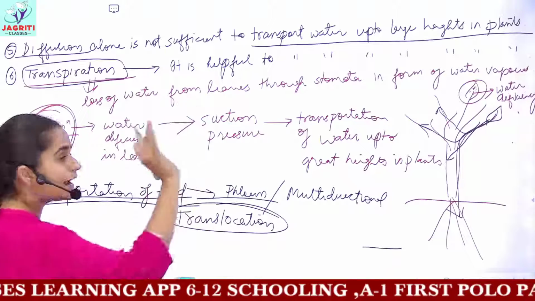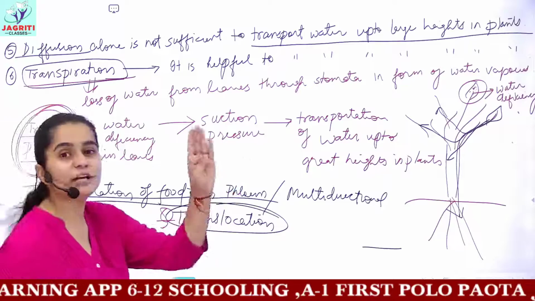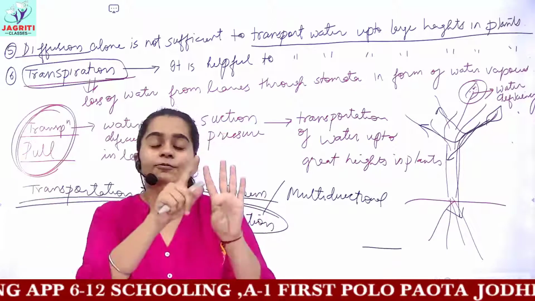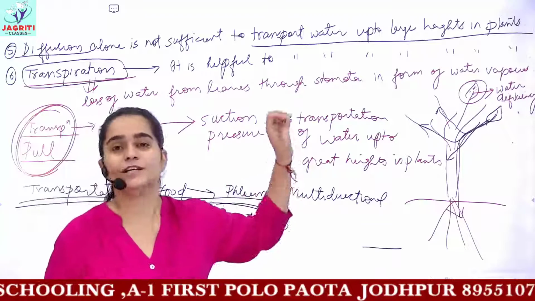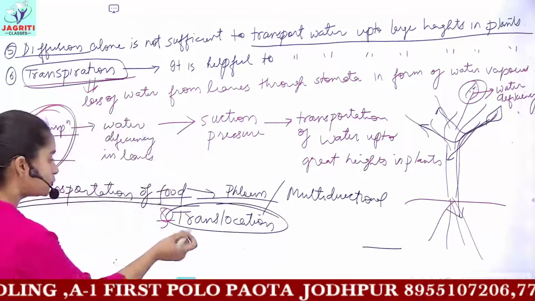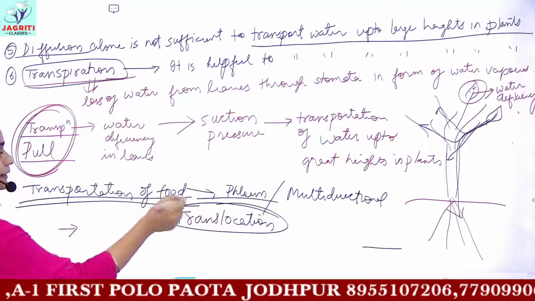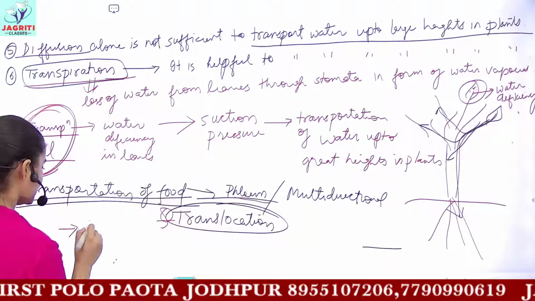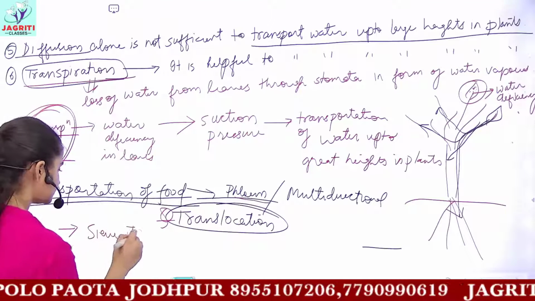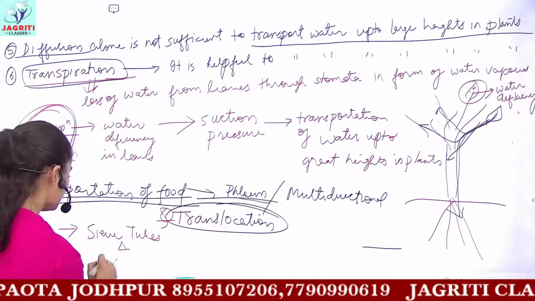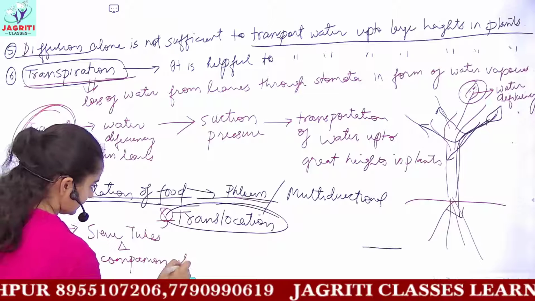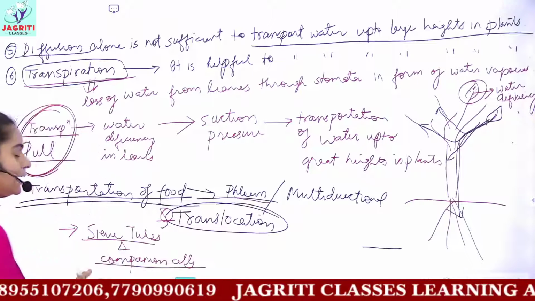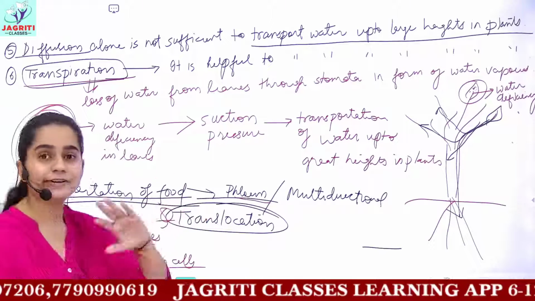Like in xylem we had 4 different parts, phloem is also made up of 4 different cells. Phloem fibers and phloem parenchyma are the same as in xylem. They serve the same functions. The next 2 types of cells of phloem, responsible for translocation, are sieve tubes and companion cells. These work together and are responsible for the process of translocation.